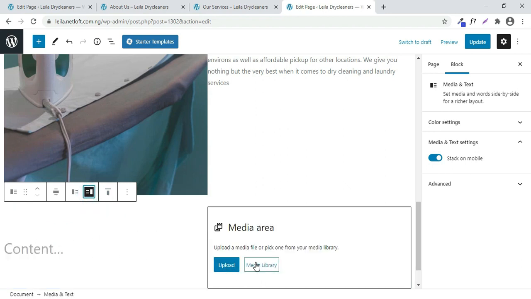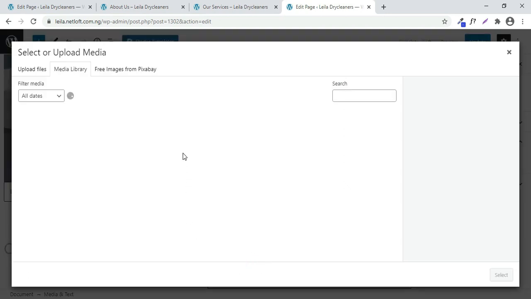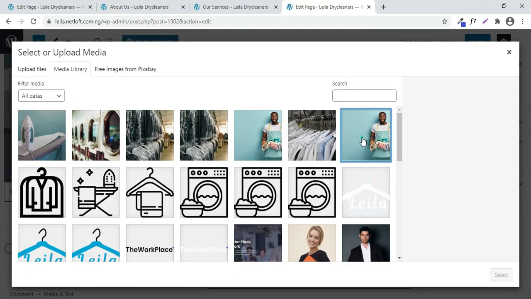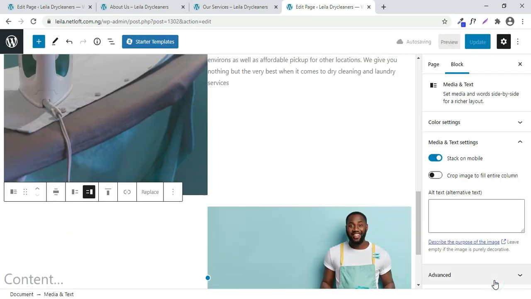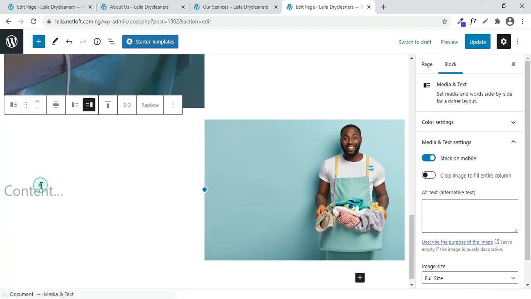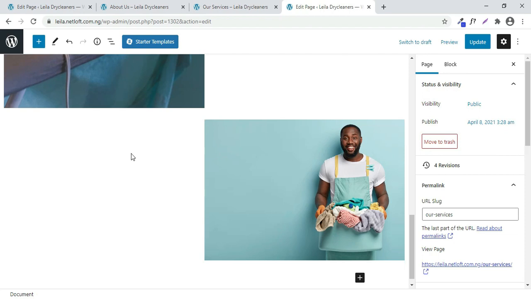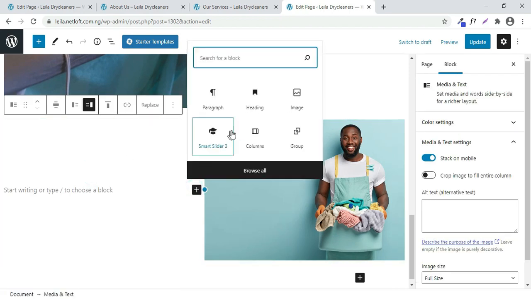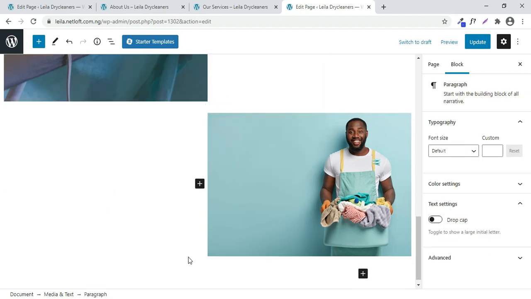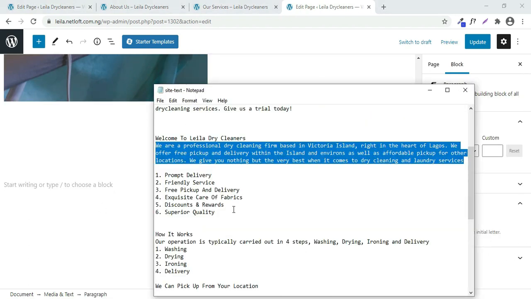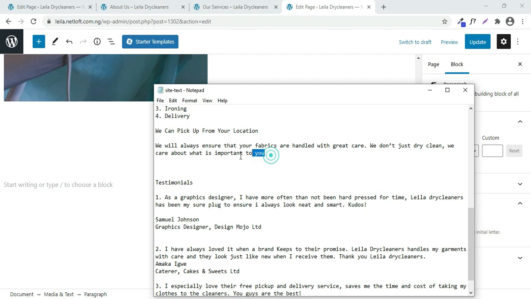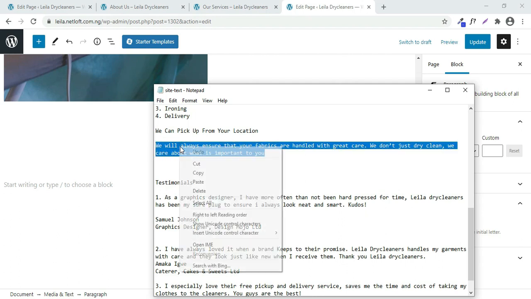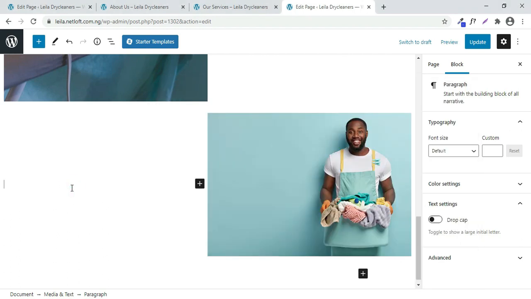So here we're going to take a picture from the media library, this picture, and then remove this content, and then in here choose a paragraph. So we're going to type the same paragraph we have for people. Type it here,